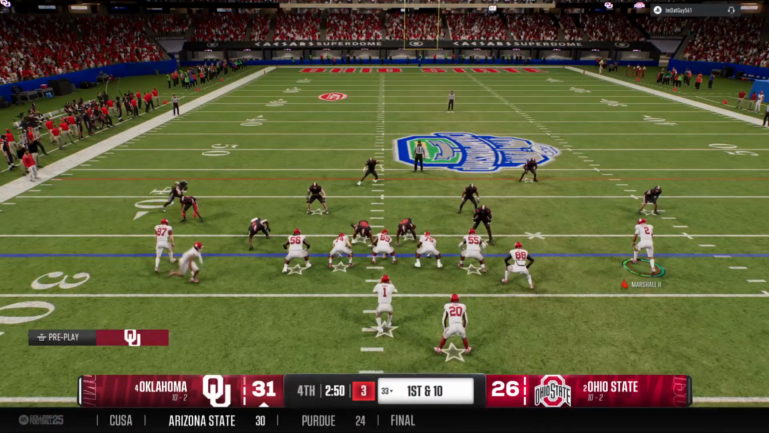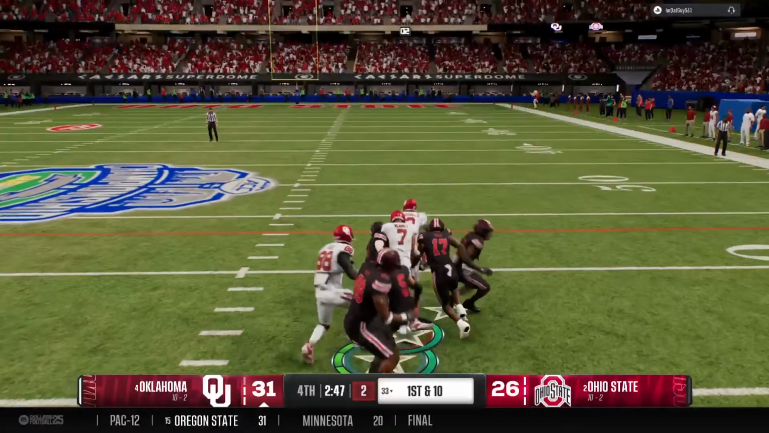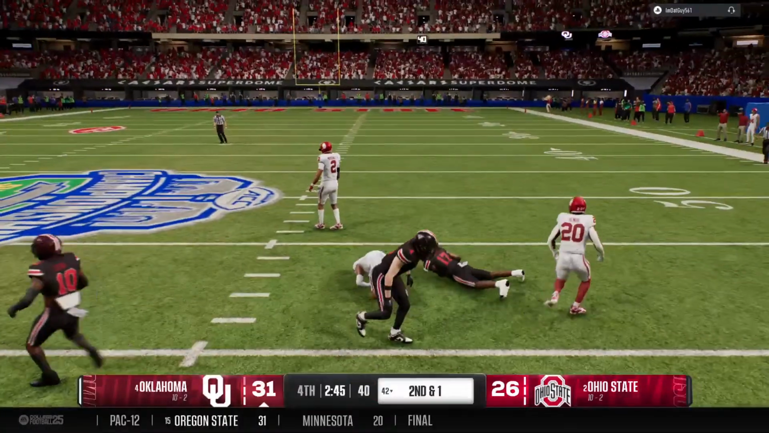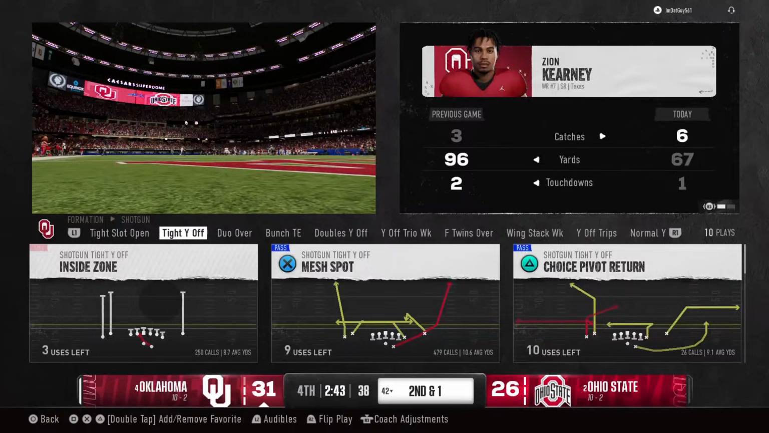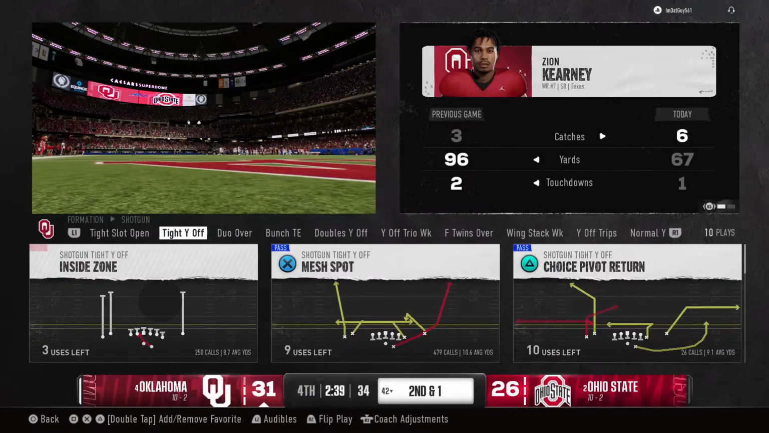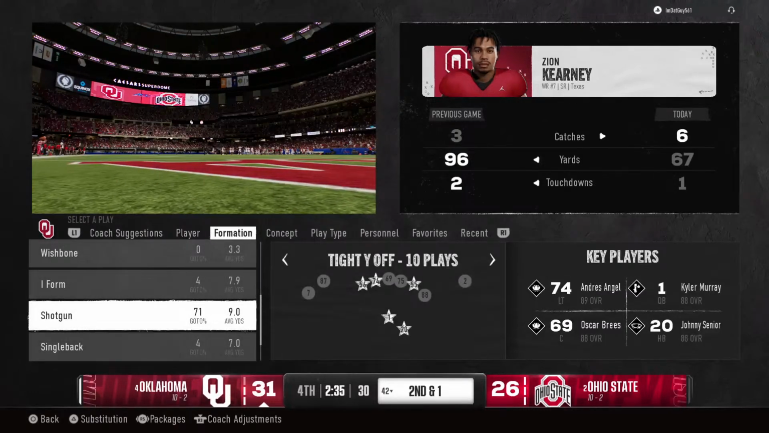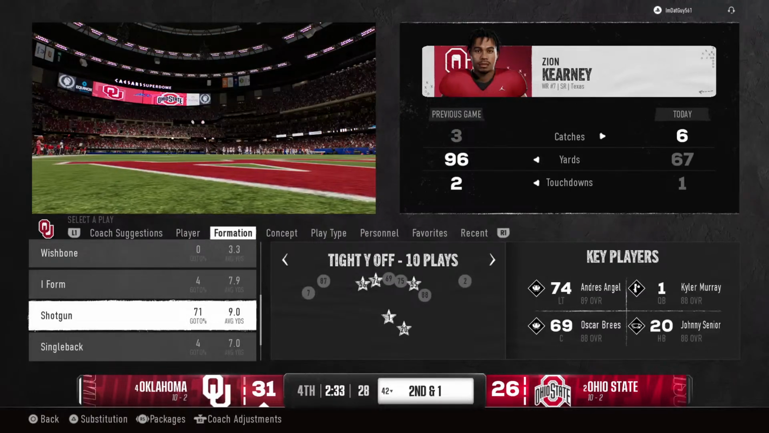Pre-snap motion from the receiver. A pop pass on the jet sweep. He picks up 9, so just short of the first down. 2nd and 1. You know, the good thing about this play is it's not an explosive play, but it really